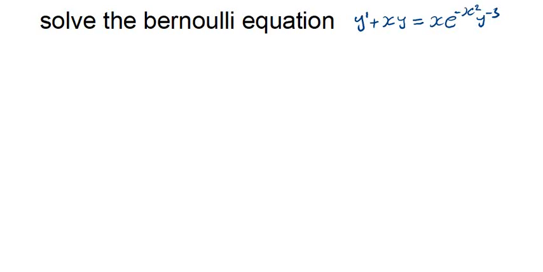Hi, let's look at how we can solve the following Bernoulli equation. To simplify this one, all we need is to remember that we can write this equation in the form 1 over 1 minus n, dz dx instead of dy dx, plus p of x, which is just a function of x, multiplied by z, equals q of x. So this is what we use